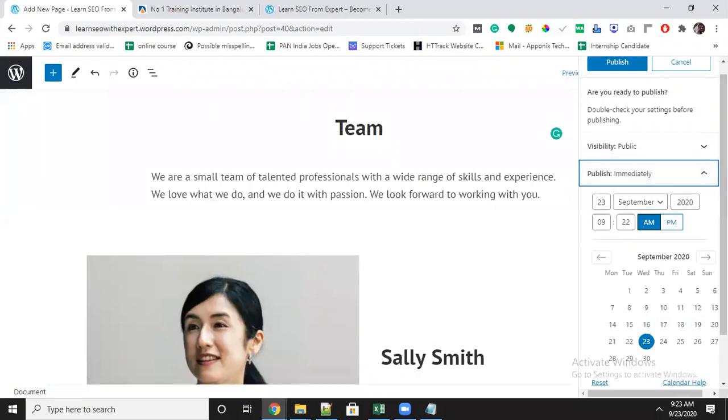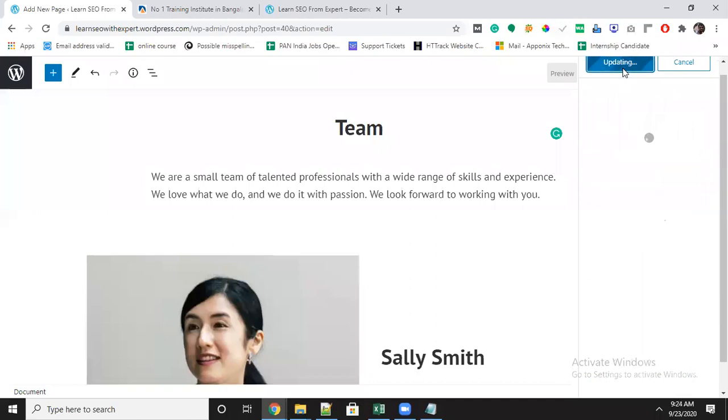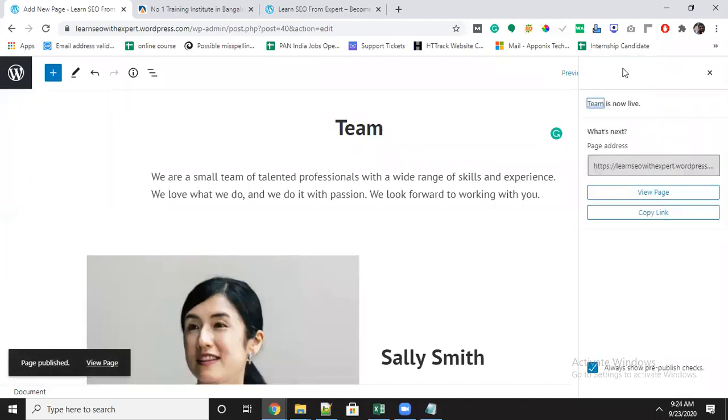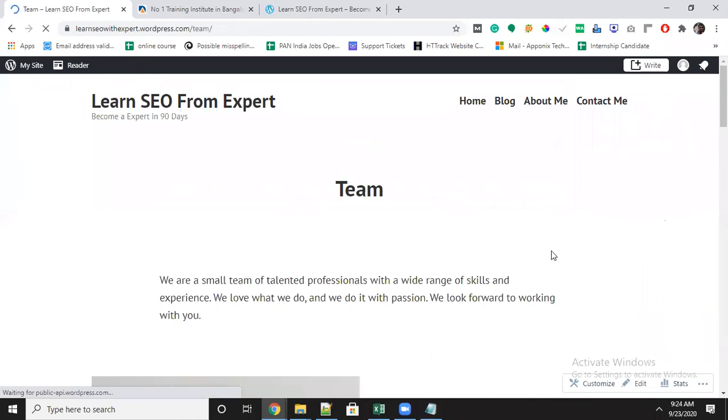You can say you want to publish immediately or you want to make it on a schedule. That option they have also given. But right now I will click publish. Means it goes live immediately. Here is their option. But for this, we can change the page title, everything.